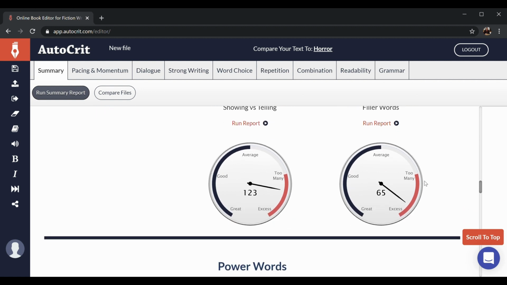And that's a good illustration of the limitations of the AutoCrit platform, because it's identifying areas that are potentially worth looking at. That does not mean that this story is not as good as my early draft. What it does mean is that my early draft more closely matches the aggregate average of all stories that they have put through their algorithm.